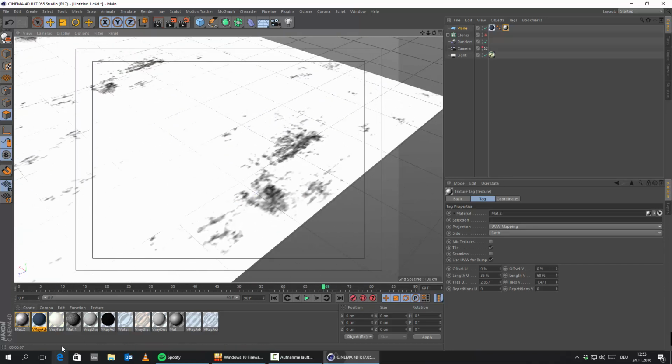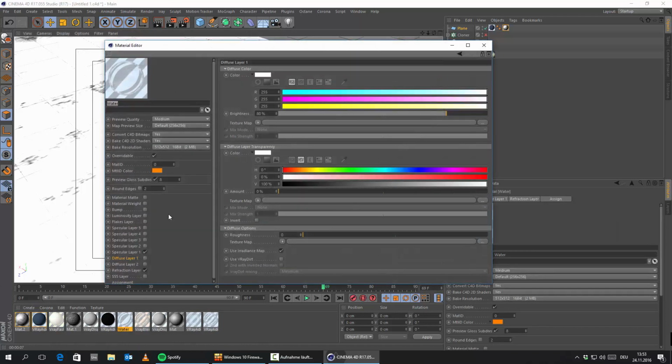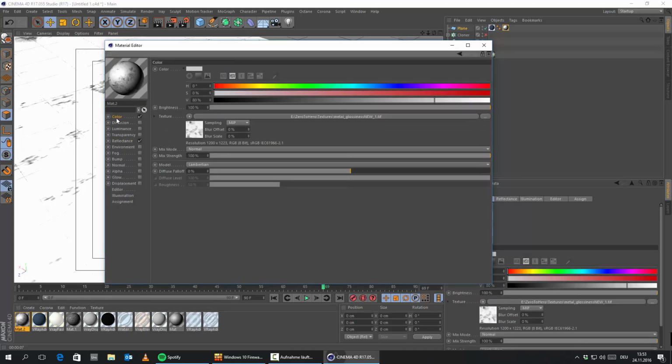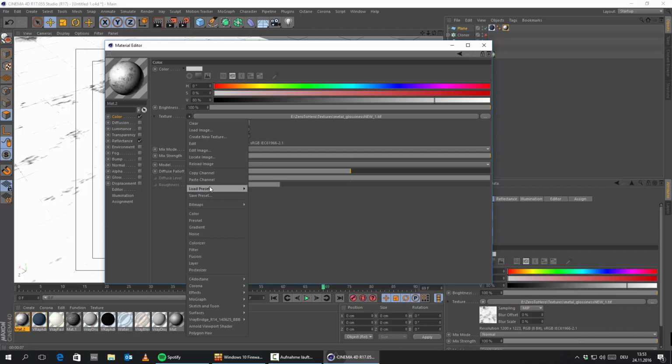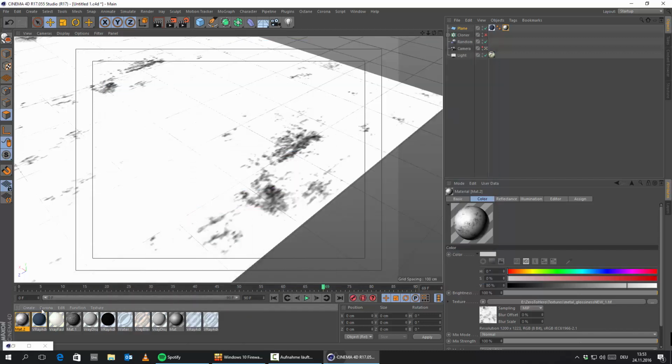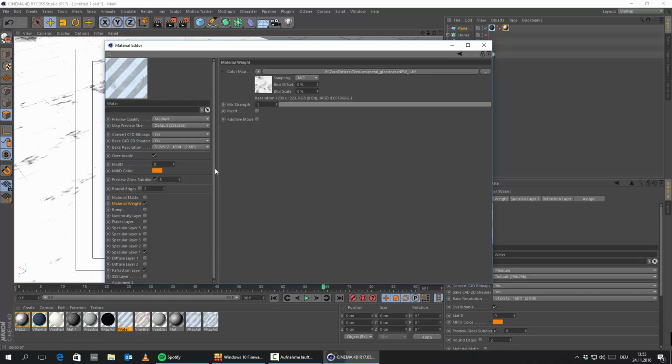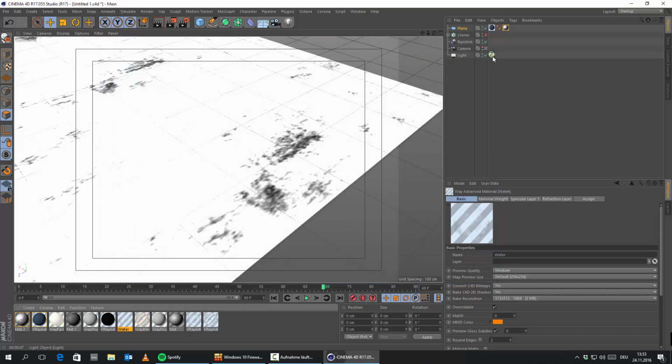So what I can do is I take this water material that I have already created and load this map into the material weight, so basically the alpha channel. I have still no clue why the V-Ray developers did call this material weight, but this is basically the alpha channel. And then we just load this in, paste channel. And I think we need to invert it. So that's really the water's, no, I think this was okay, not inverted. Okay. And now we just take another mix material,